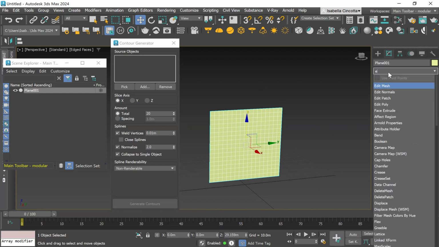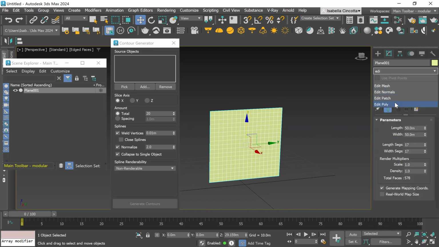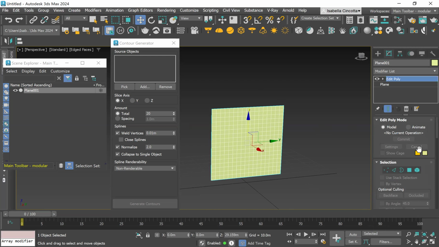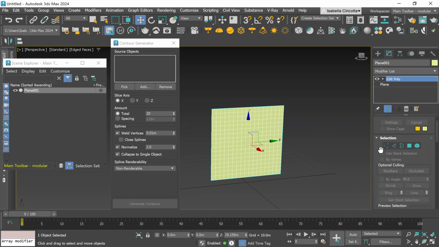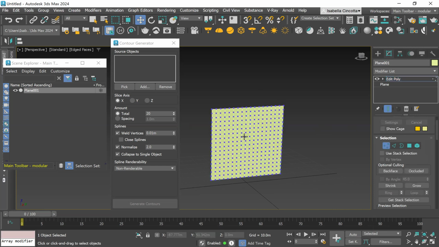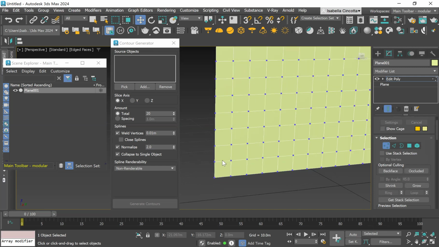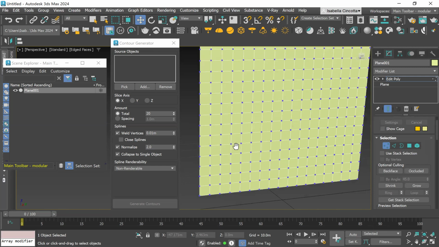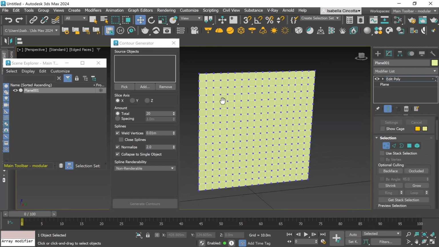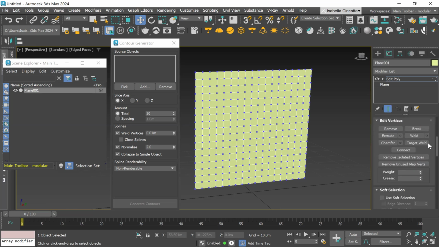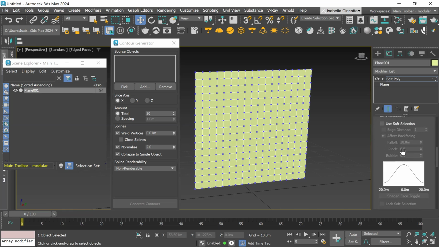Once we've done this, go to the Modifier tab, make sure the plane is selected, and under Modifier List, I'm going to type Edit Poly. Once we've done this, scroll down under Edit Poly to Selection and click Vertex. You see all these dots come at the corners of the segs that we've drawn. I'm going to scroll down again to Soft Selection. I'm going to tick this on as well. If you click anywhere along the plane, you can see that it changes